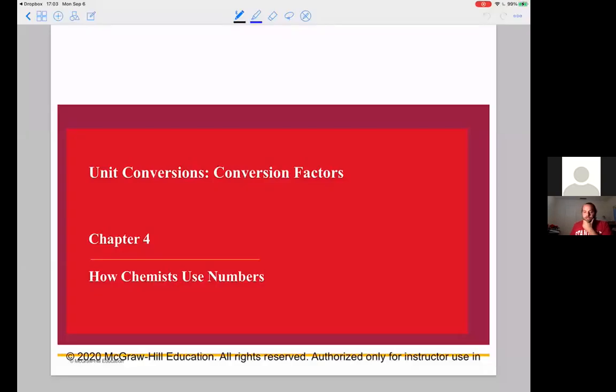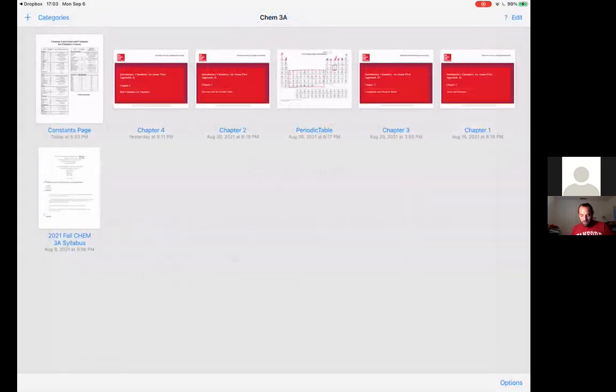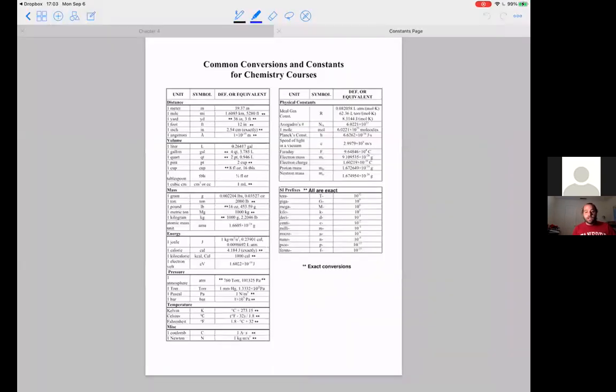All right, so now we're going to finish our discussion of unit conversions by talking about other conversions that need conversion factors, but specifically outside of just metric prefixes. So going from like inches to centimeters or pounds to kilograms, these types of conversion factors. And importantly, what we're going to need is this constants page, what we're going to be using over and over again, and what I want you guys to get familiar using,